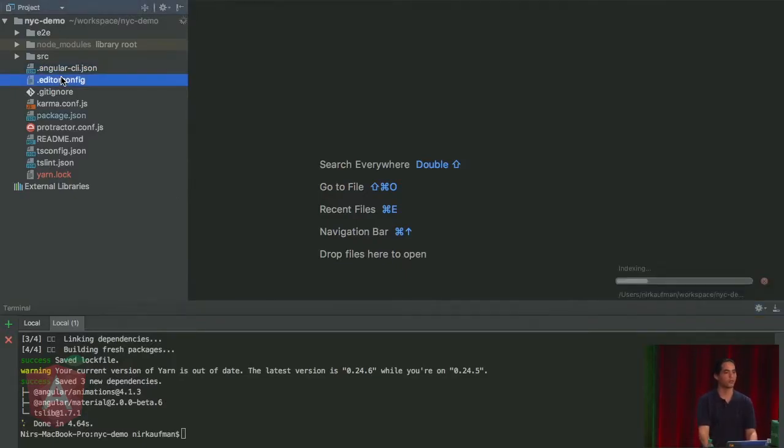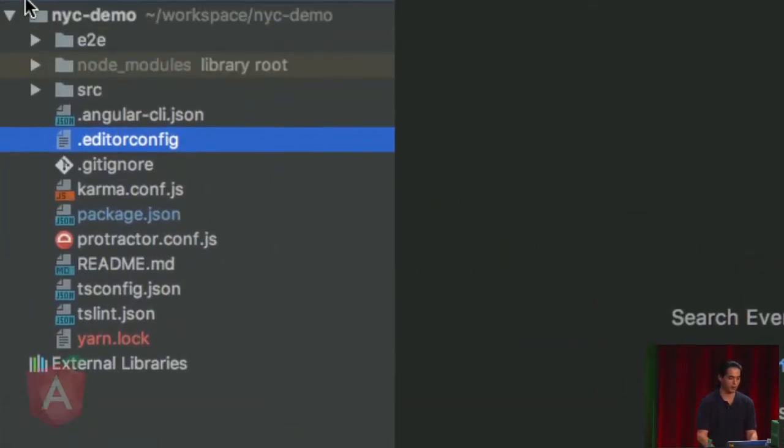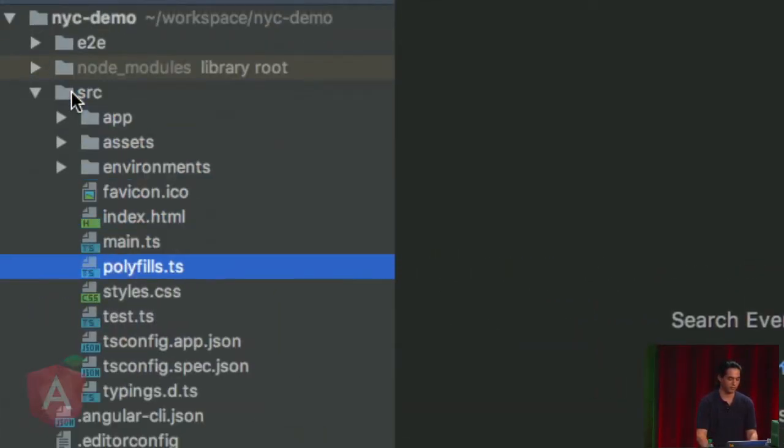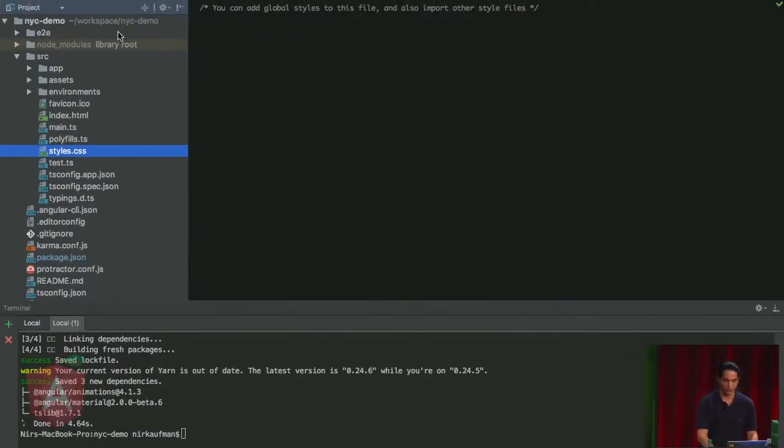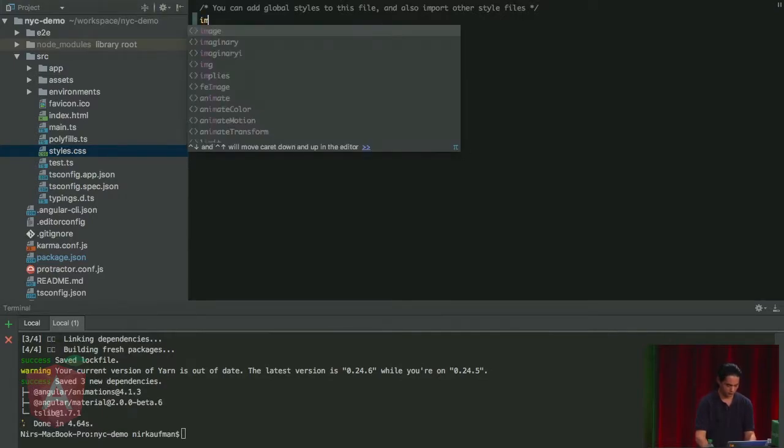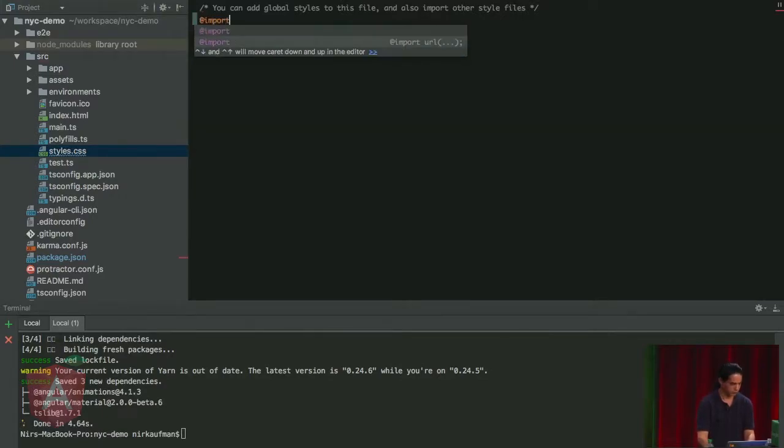Next step will be to pull the Angular Material CSS right into our main style sheet of the Angular project. In an Angular CLI project, you can find this file, the styles.css, which will, by default, load as a global style sheet. All right? So I'm going to import from Angular Material